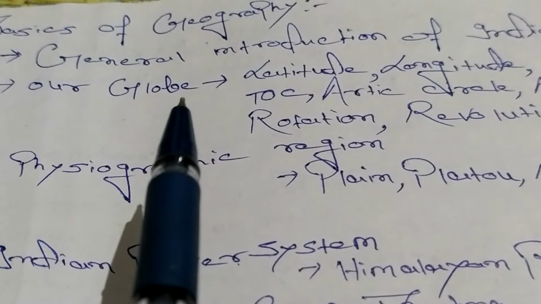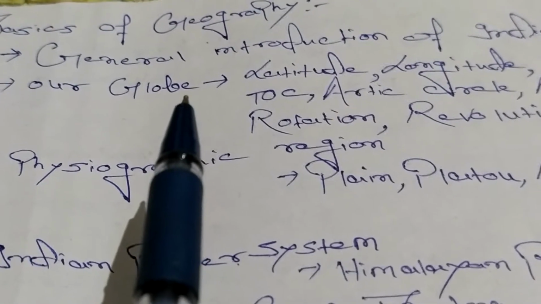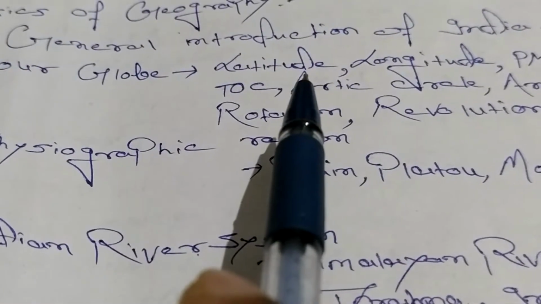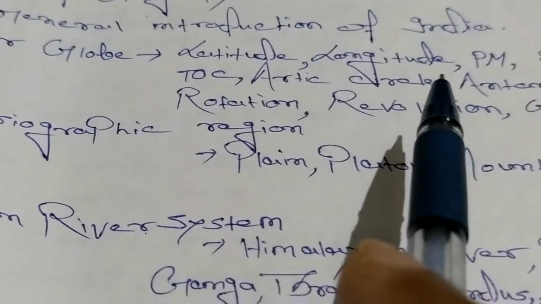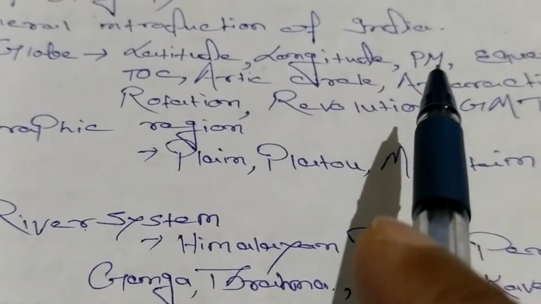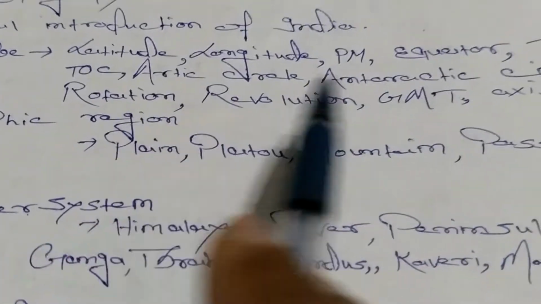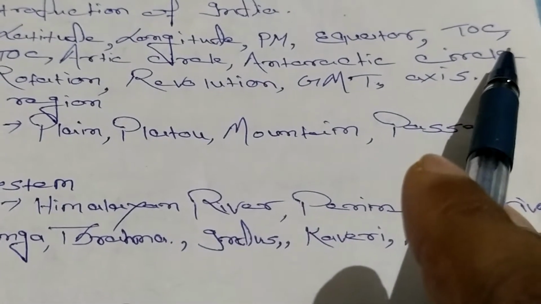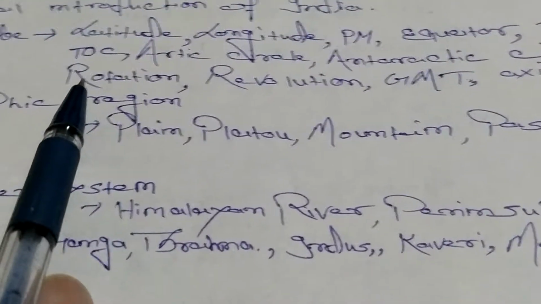Our globe contains political and physical maps of the whole world, countries, rivers, oceans, etc., and some imaginary lines like latitude, which divides Earth into two hemispheres, the northern hemisphere and the southern hemisphere; longitude, which divides Earth into two parts, the western part and the eastern part; the prime meridian is the largest longitude; the equator is the largest latitude; the Tropic of Cancer is 23.5 degrees north of the equator; the Tropic of Capricorn is 23.5 degrees south of the equator;